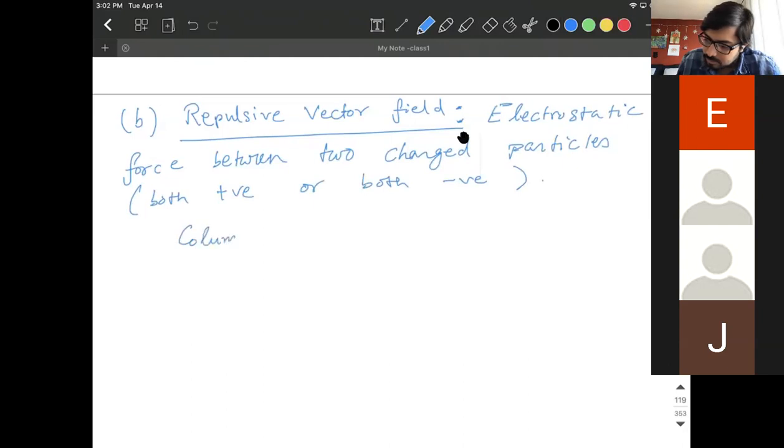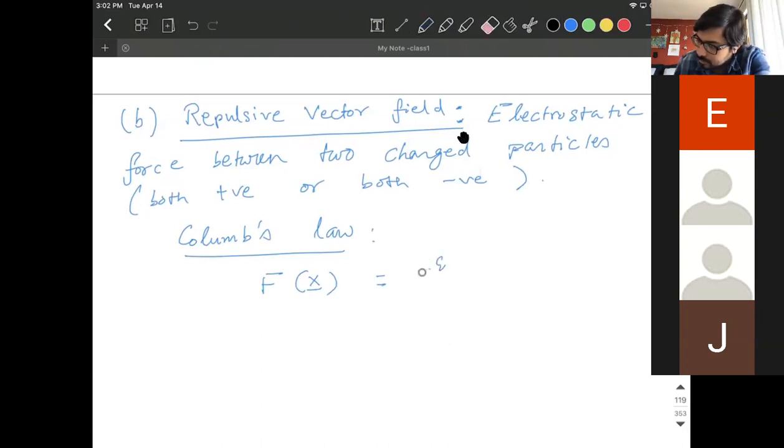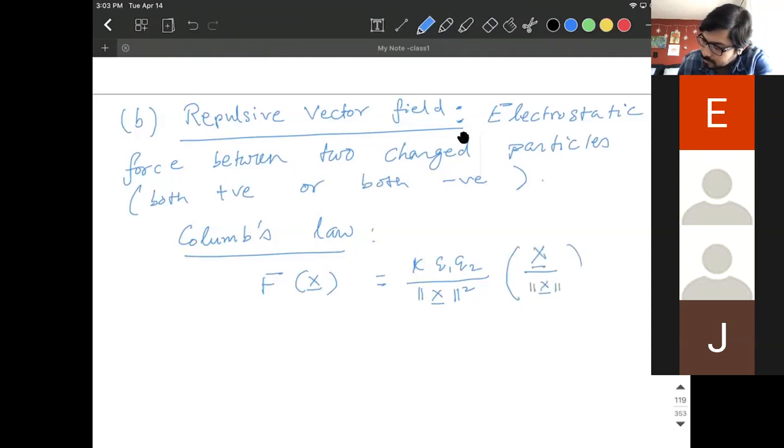So this is the Coulomb's law, which tells us that f of the vector x is given by kappa, or k if you want, k q1 q2 over the inverse square of the distance, of course, times the unit vector,